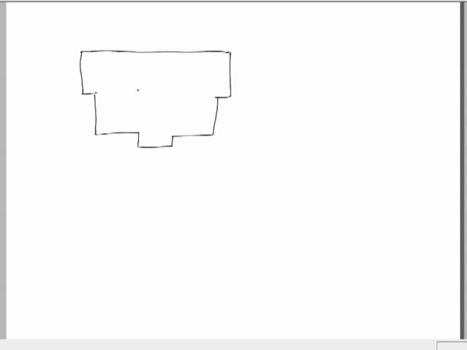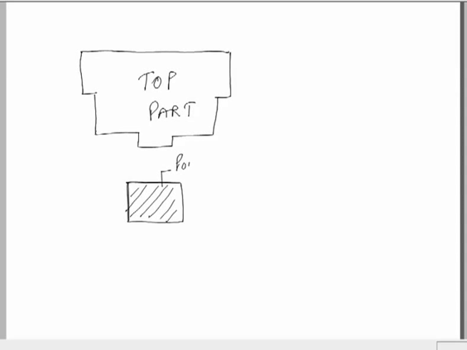So this is, we can say, the top part, and then we can have a polymer charge. So this is the polymer charge. So we have a top plate or a top part of the mold, we have a polymer charge, and then